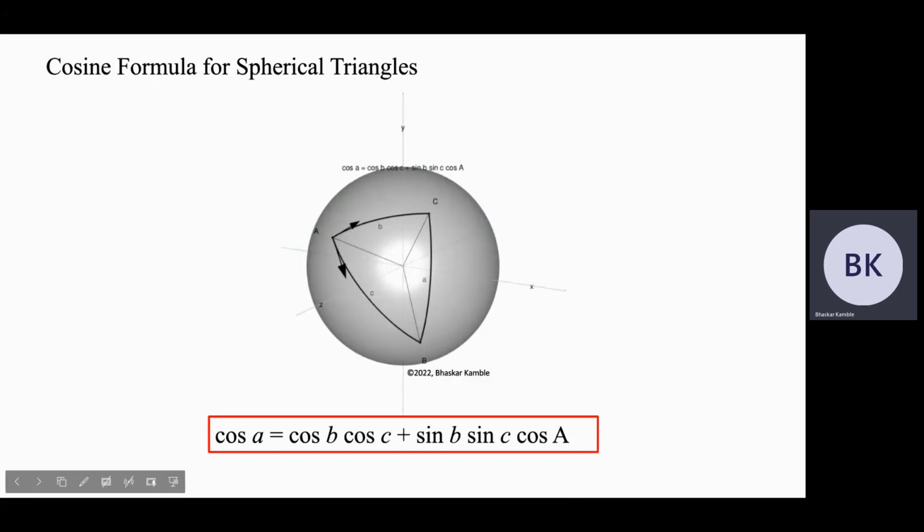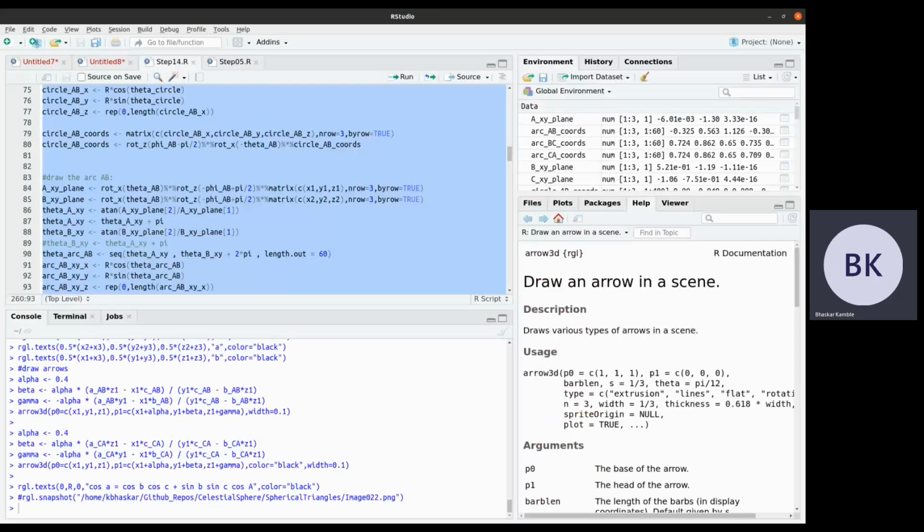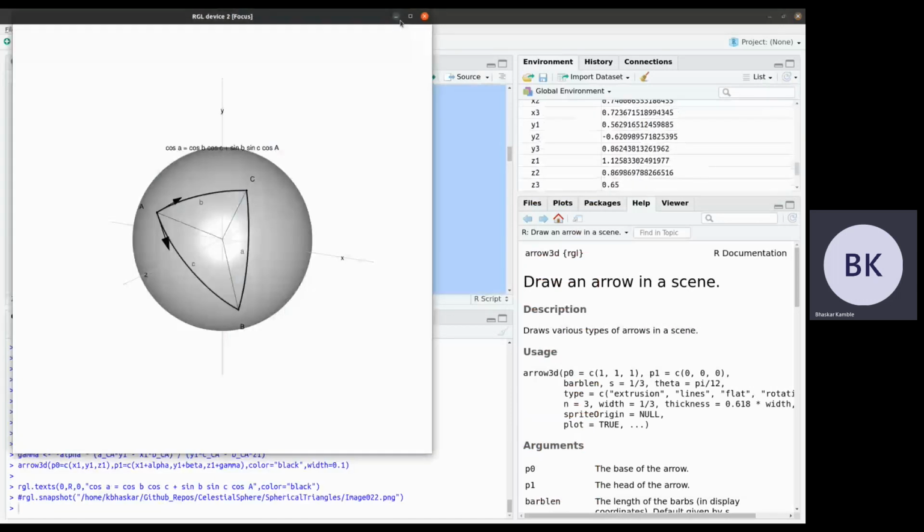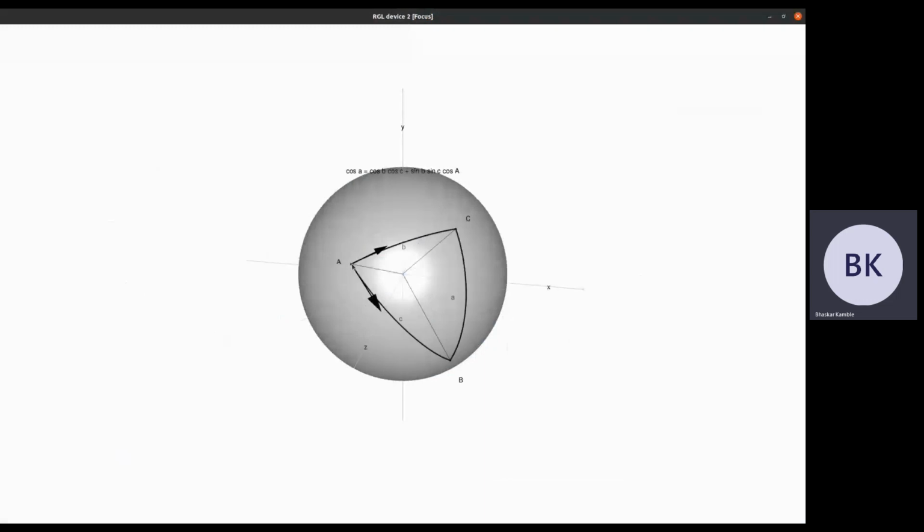To help understand this better, I have made a 3D graphic. It's the same picture as the one which we just saw, but here you can rotate the graphic like this. And if you just bring this point A so that it is coincident with the origin, you can see that these two arrows, which are tangential to the respective arcs, the angle between these two arrows is the same as the angle between these planes, AOC and AOB.